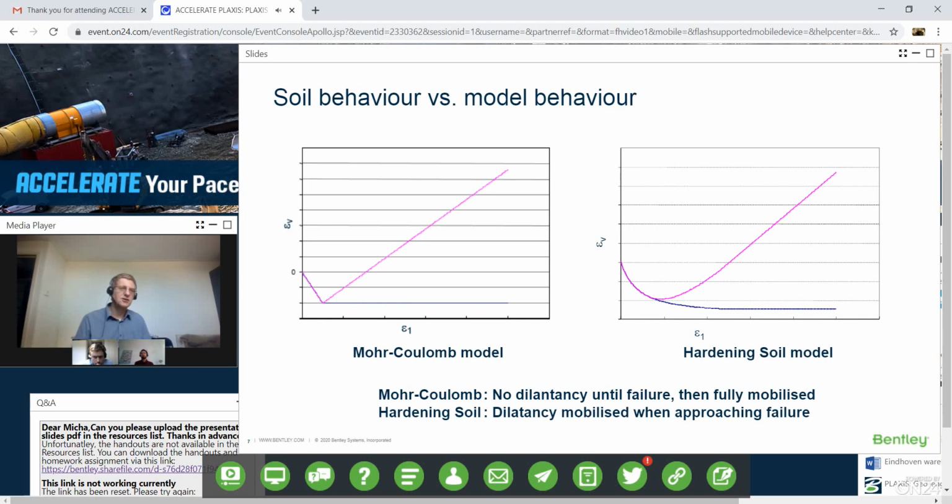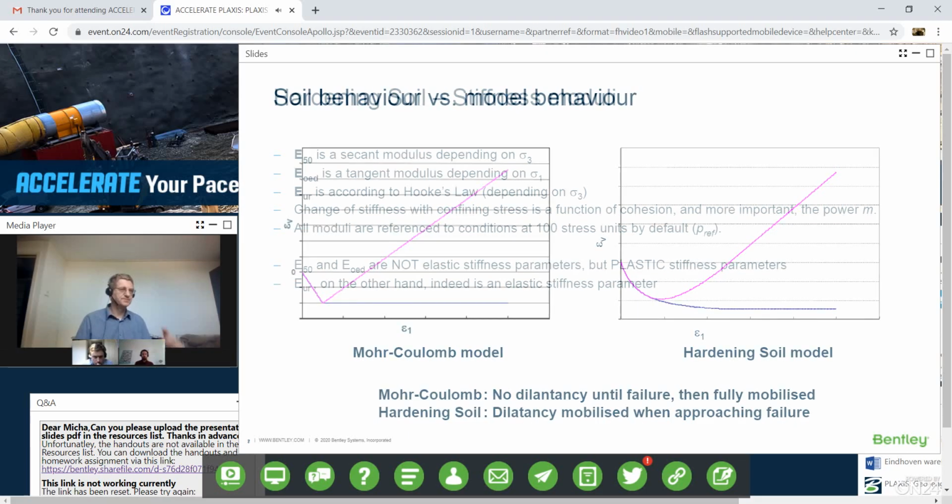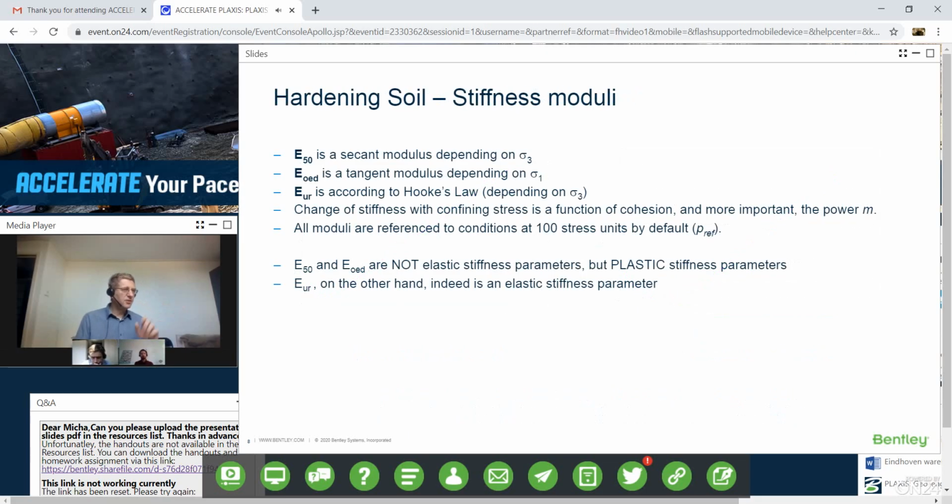It's usually a process that is slowly being mobilized. So, summing up, the stiffness moduli in the hardening soil model, we have E50. This is a secant modulus. It's an average value. Remember, it's the average over the first 50% of the failure deviatoric strain. It's a secant value, and it depends on sigma 1. We have the EUR, which is an elastic stiffness according to Hooke's law, and it depends on